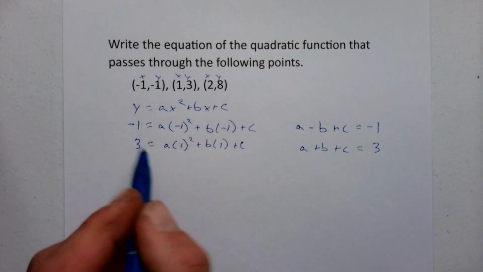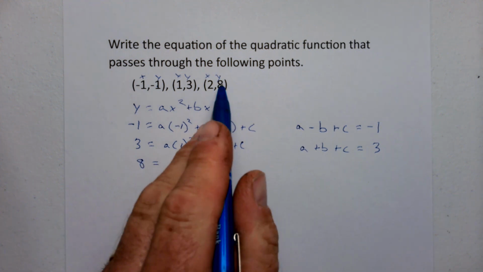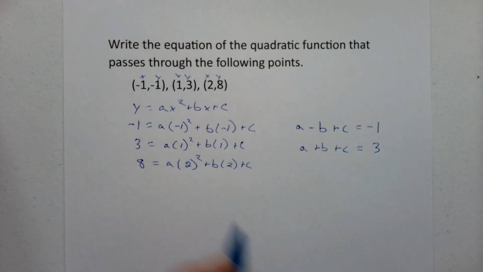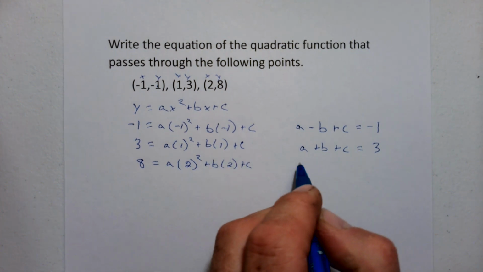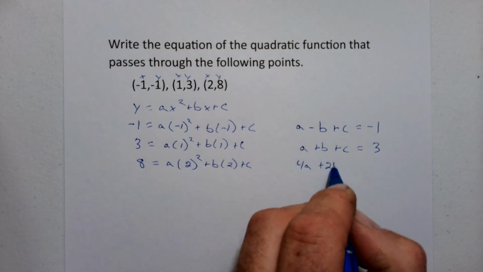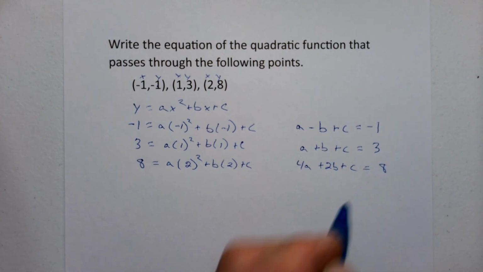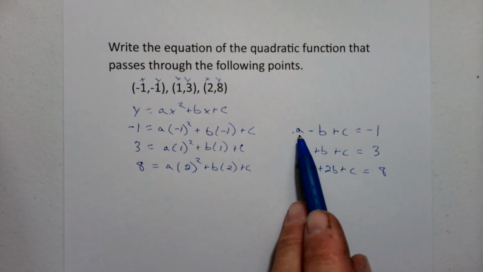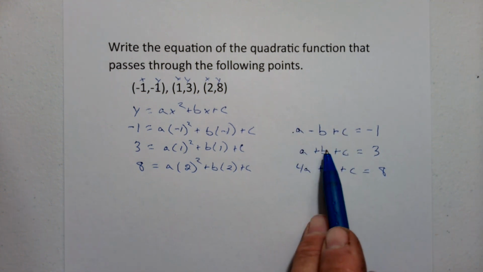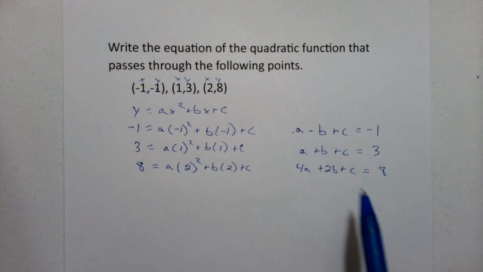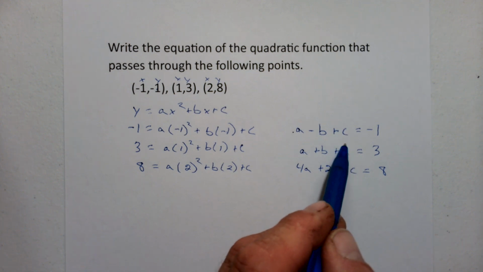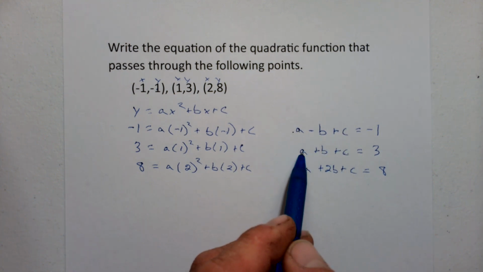And lastly, our last point gives us 8, which is our y value, equals a times 2 squared plus b times 2 plus c. Simplifying again, 2 squared is 4, so we have 4a plus 2b plus c is going to equal 8. Now I'm going to take my first 2 equations. Notice our a's and our b's are exactly the same. So we can solve for b if you wish. I know on the last one I said normally you're going to eliminate the c's, but in this case, if we eliminate the c's, we'll also